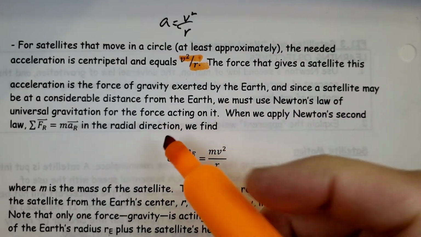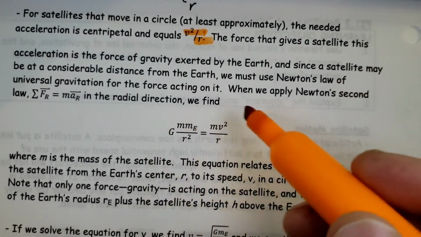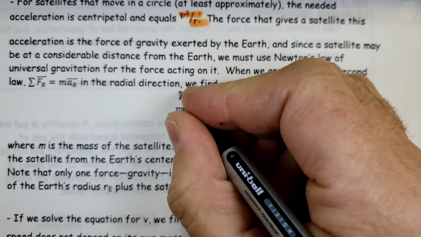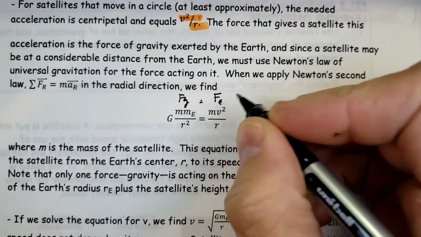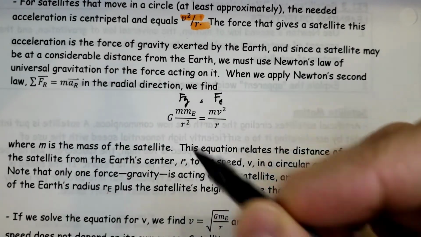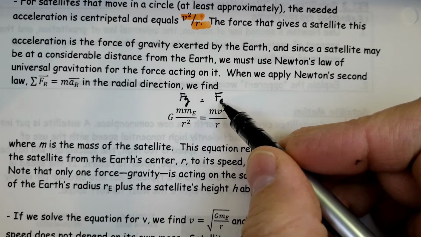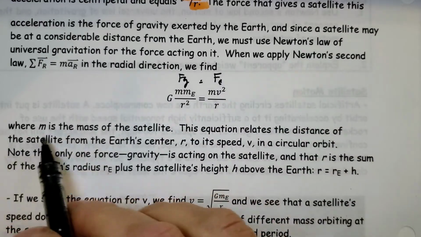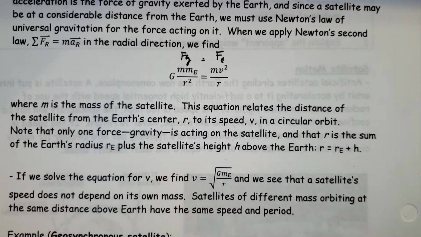And since a satellite may be a considerable distance from Earth, we must use Newton's law of gravitation for the forces acting on it. When we apply Newton's second law, we have Fg, and if we use Fc, centripetal force, which is mv squared over r, that inward force, they must be equivalent. So Fg, G m m_e over r squared, and for centripetal force, m v squared over r. These two masses cancel, of course. Where m is the mass of the satellite, this equation relates the distance of the satellite from the Earth's center